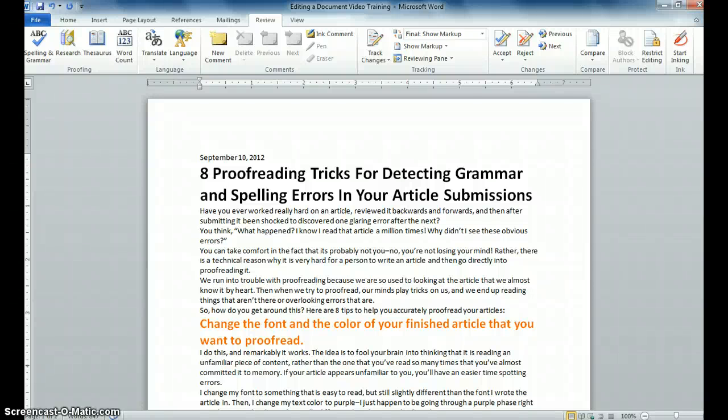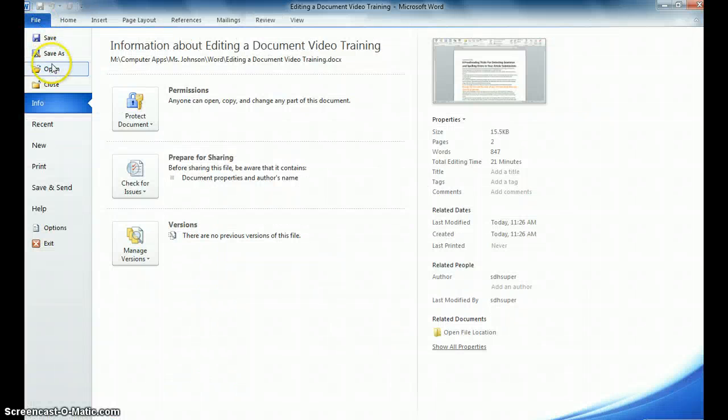Today we're going to be working on editing document tasks. One of the things we're going to do is just do a simple save as. So the first thing I need you to do is find this document. So if you go to File, Open,